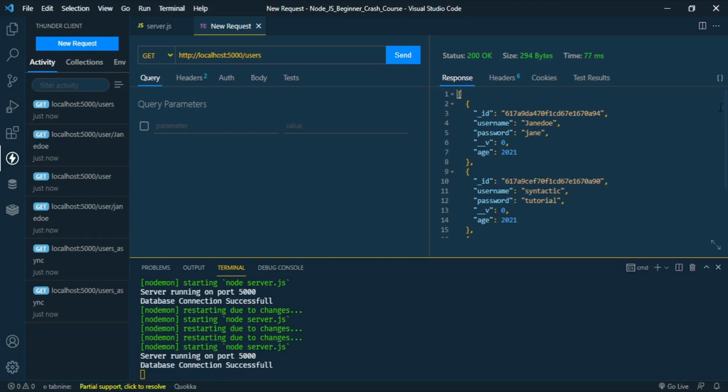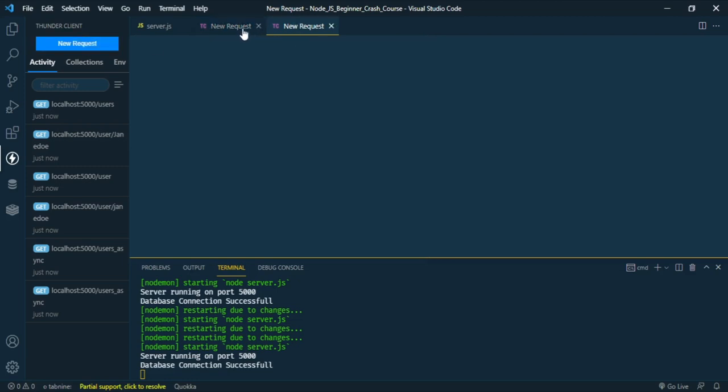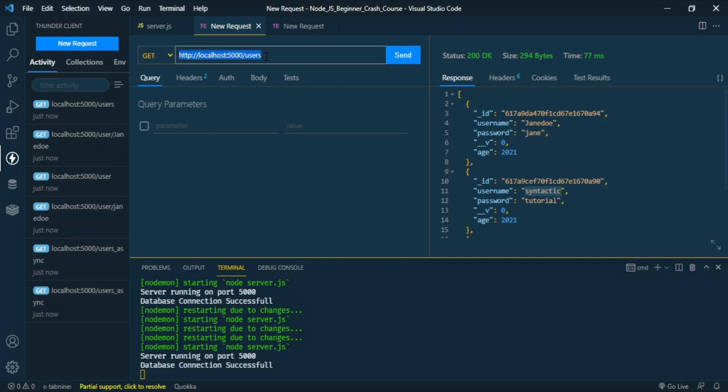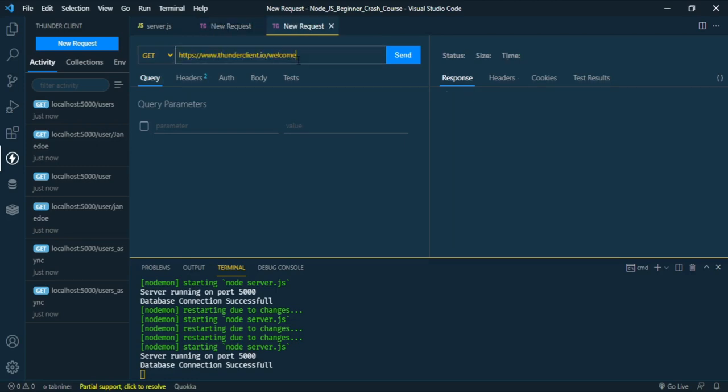Okay, right here I'm getting the username of Syntactic right here, and I think we should open a new request, and here we should copy the link and user slash Syntactic